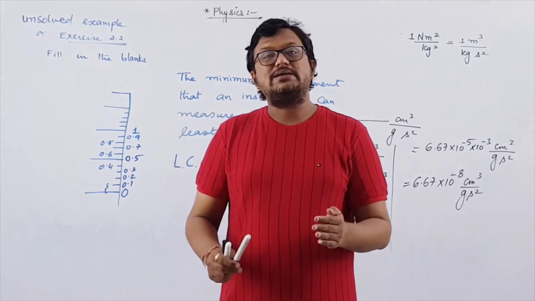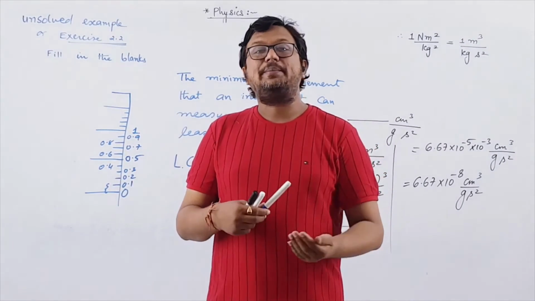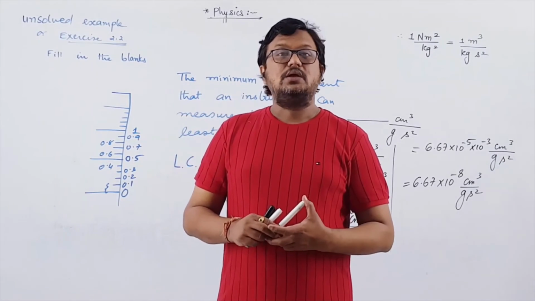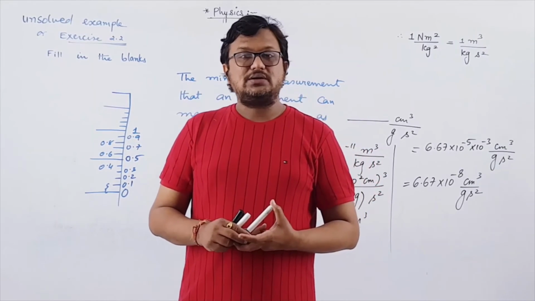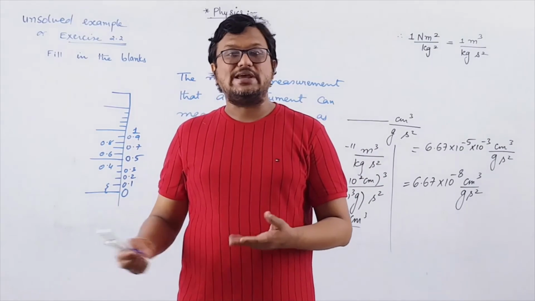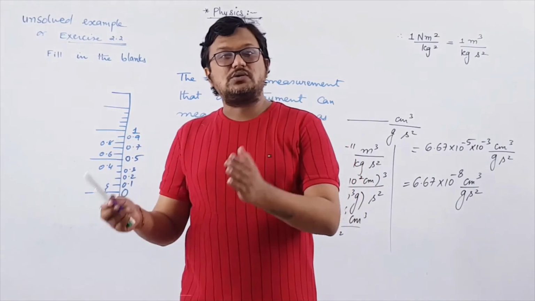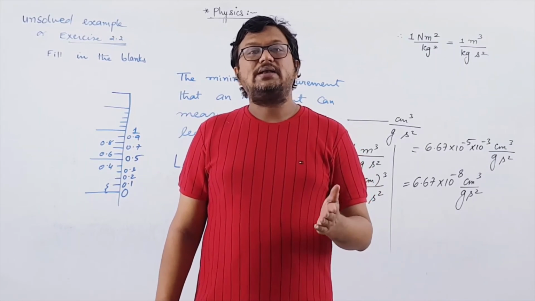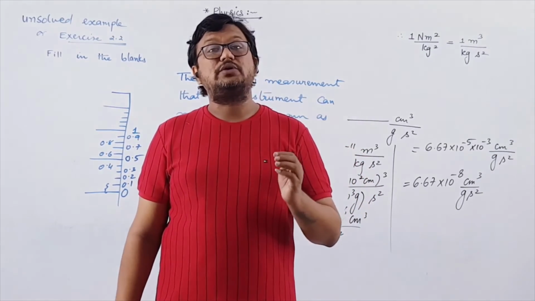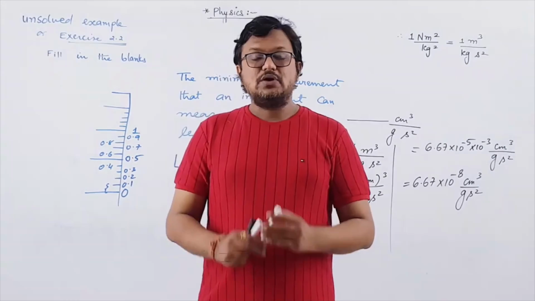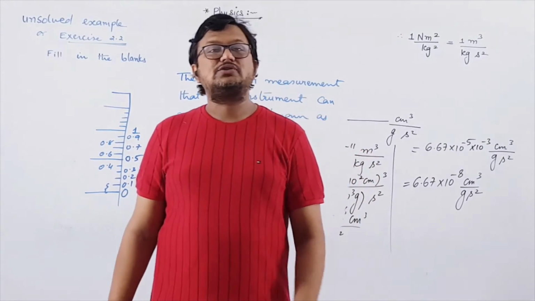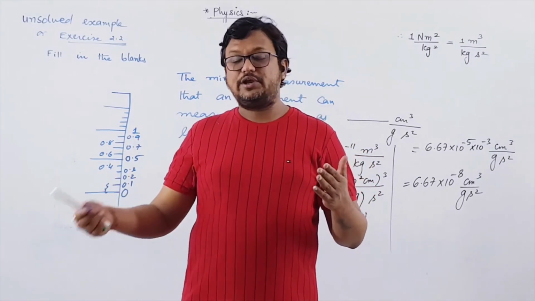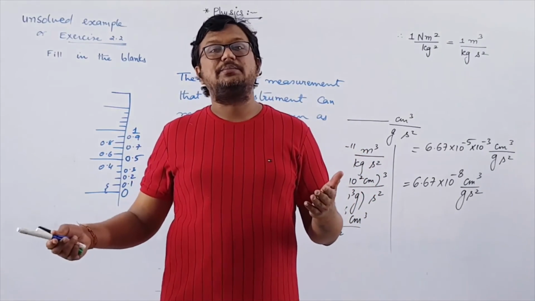Now if you want to measure the size of any particle which is less than 10 raised to minus 3 meter, then we may use a spherometer, or you can say a screw gauge. Vernier caliper is also another device. Screw gauge and spherometer help us to find the length or the size of an object up to 10 raised to minus 5 meter. So these are a few instruments which can help us to find the length of any object up to the range of 10 raised to minus 6 meter.